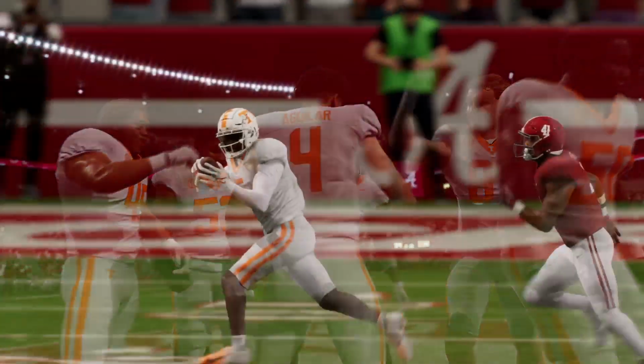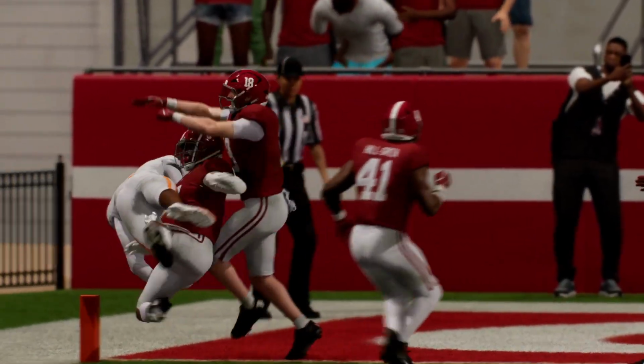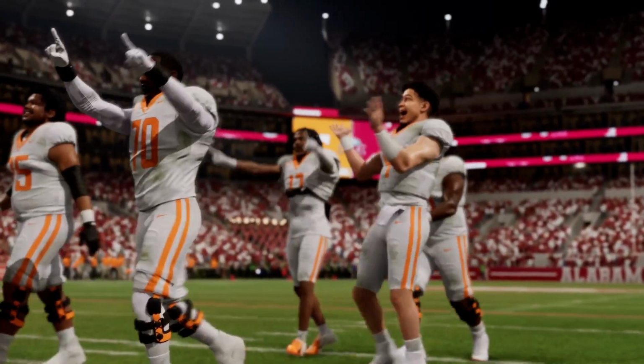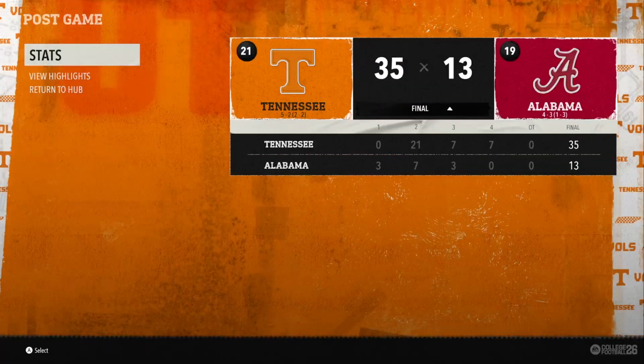Both of these teams are high-caliber squads, but it sort of felt as if these guys had something to prove today, and man, did they go out and do it. Man, they proved it, and they proved they were better. They thought they were better coming in. We were talking to them. They had a lot of confidence. They said, we're not ranked as high as we should be, and now they just showed the whole world. This squad is for real. We're going to be discussing them in the